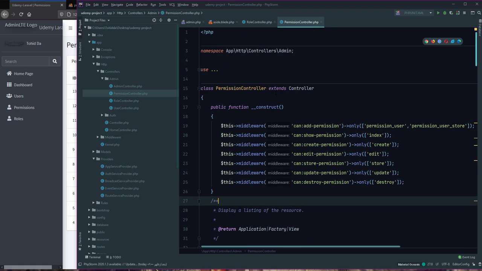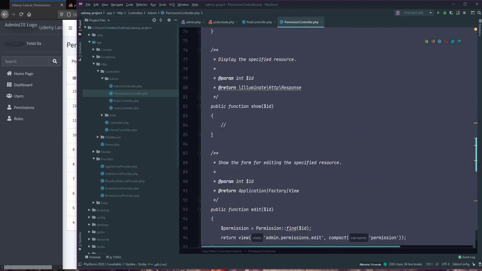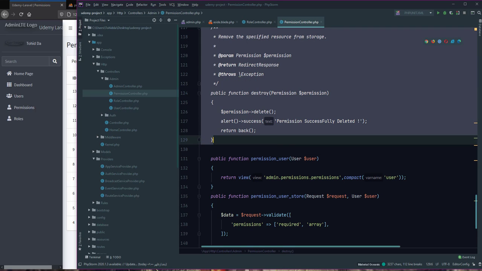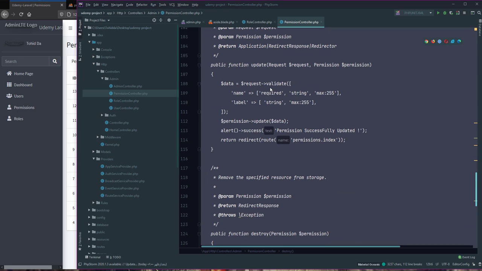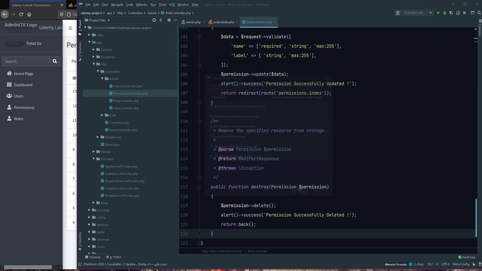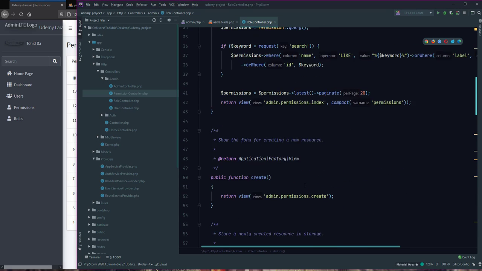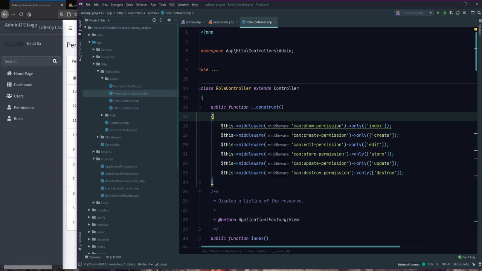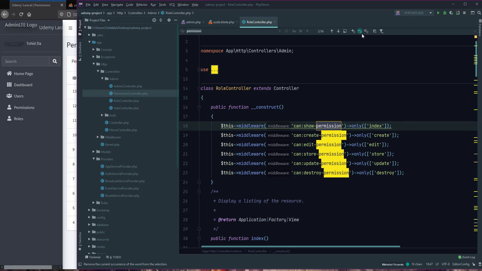Okay, open the permission controller and copy all of this, not this, and copy destroy, index, create, and this. Okay, I copy this and the middleware, remove this, and this. Okay, and change permission to